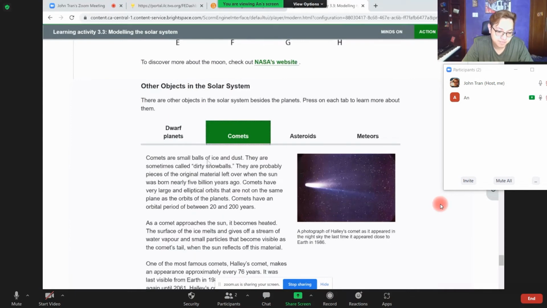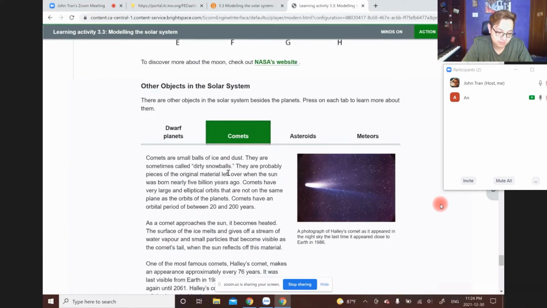Comets. Comets are small balls of ice and dust. They are sometimes called dirty snowballs. They're actually probably dirty because there's a lot of dust in there. They are probably a piece of this original material left over when the sun was born nearly 5 billion years